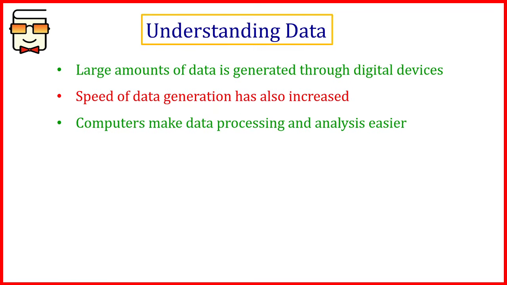Therefore, we are being gifted with a large amount of data that can be utilized to derive lots of information. And since humans cannot process such large amounts of data as fast as a computer can,